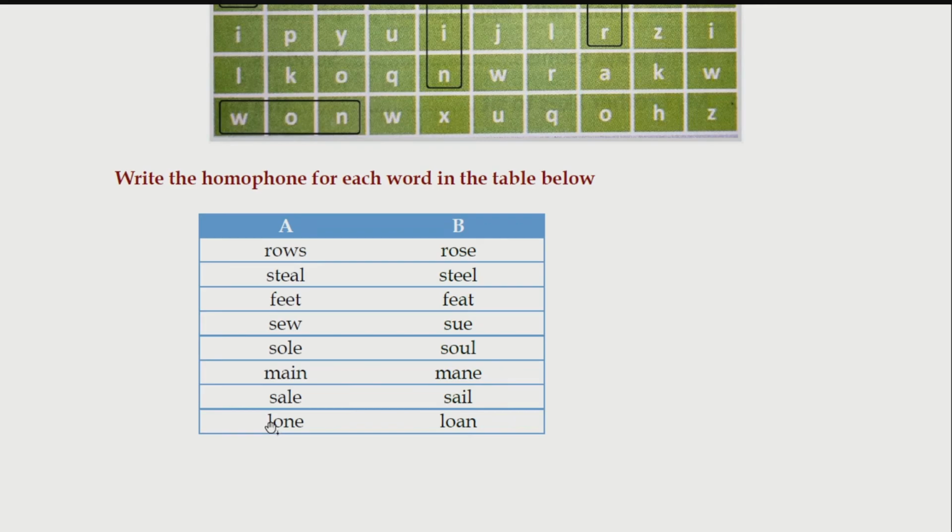And the last one, LONE. This word means to be alone. This is a short form for alone, or also a short form for lonely, which means when a person is sad because nobody is there with them, they do not have any friends. So lone means alone, and the homophone for that will be LOAN. Most of you know this word. You might have watched the ads in the TV also, that banks give us loan. Loan means udhar.